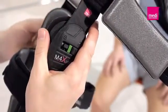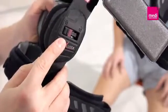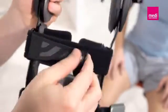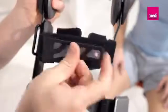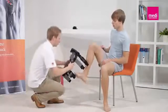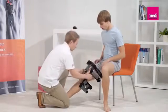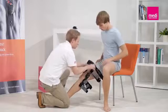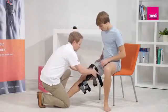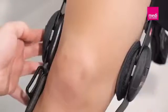Straighten the orthosis and lock both hinges by pushing the slider bar forward. The red box is then shown in the windows on the hinges. Make sure that all the straps are open. To prevent incorrect fastening of the Velcro straps, it's recommended to close them again afterwards. Pull the orthosis up over the straightened leg. Position the orthosis so that the middle of the hinges are at the level of the superior border of the